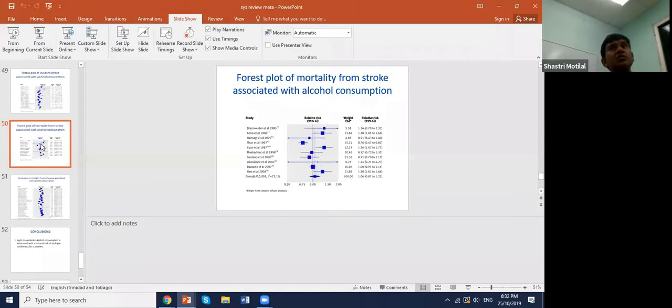Clinical heterogeneity means the studies differ in exactly what they tested. You can't tell that from this, no. This only shows you the results, so it only allows you to comment on statistical heterogeneity. You could guess or infer that sometimes variation arises because the studies were designed very differently, but you still can't make that determination from this. You have to look at the individual studies and read them.